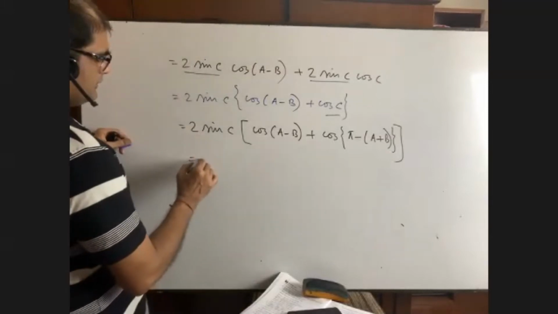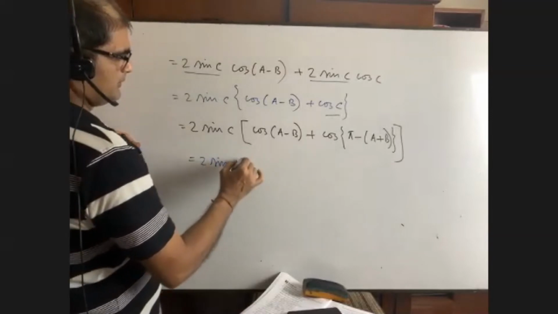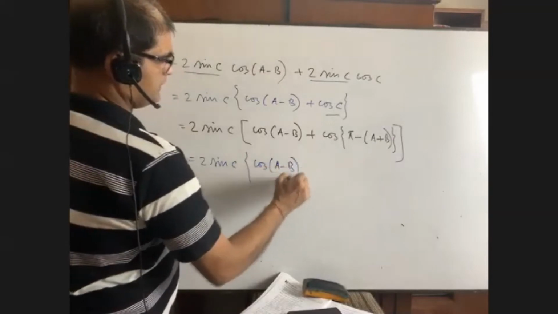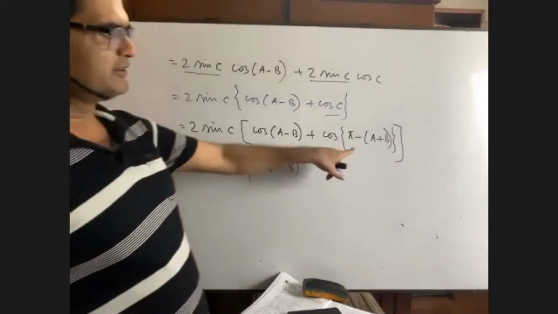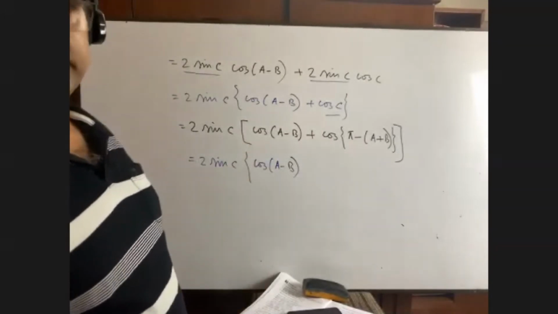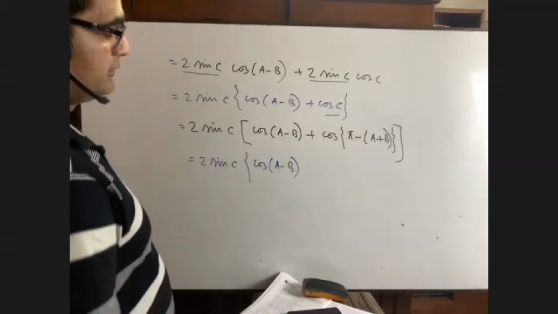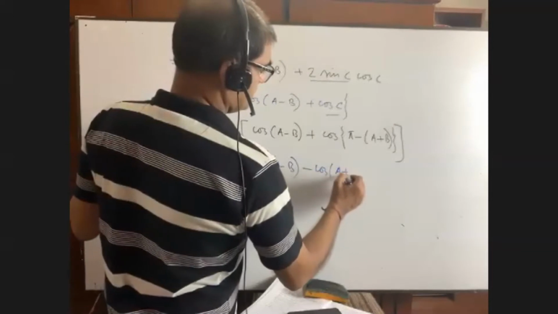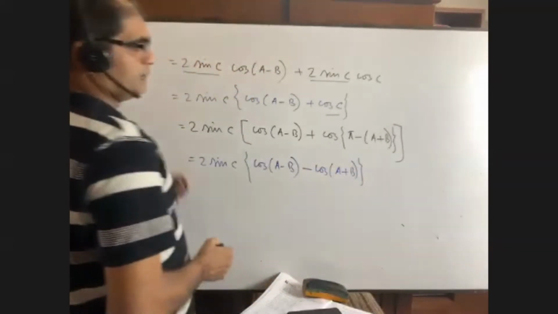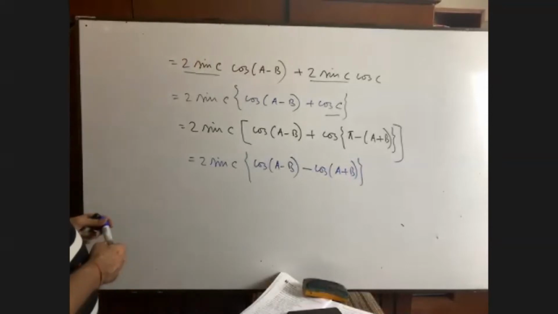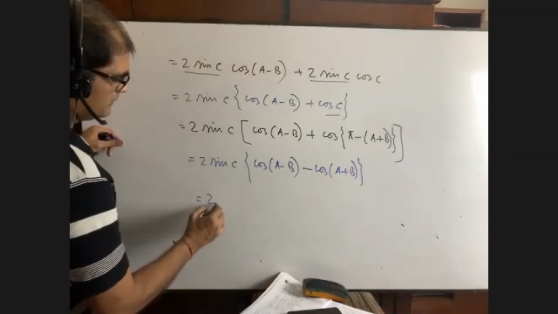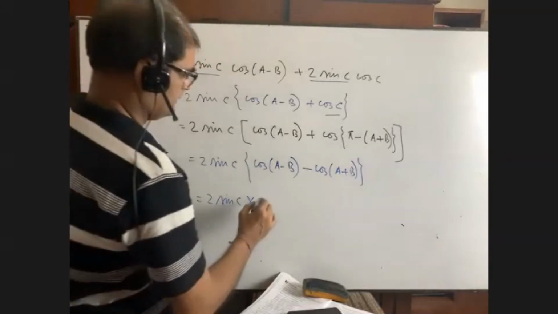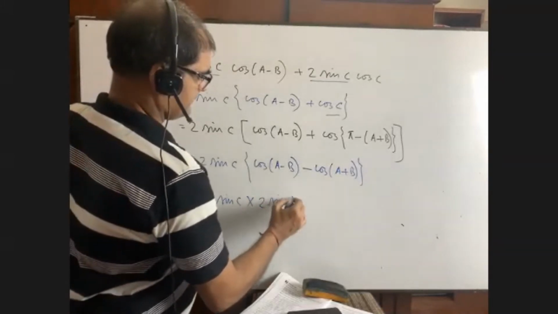That's good. That is twice sine c. Now it can be given second bracket cosine of (a minus b). Now you see in which quadrant the angle lies here. Second quadrant. In the second quadrant cosine is negative. So minus cosine (a plus b). Now the formula number 8. Can you please tell me formula number 8? Who can tell me? Cos of (a minus b) minus cos of (a plus b) equals 2 sine a sine b.